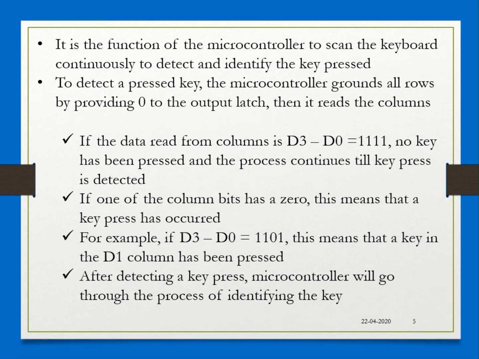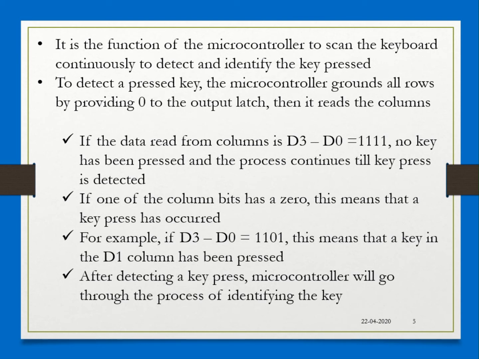So when you read from the columns, the data read will be 1111 if no key is pressed. If none of the keys are pressed, then what you'll be reading at port 2, the input port, is all high values, 1111. Observe if one of the column bits has a 0 value.